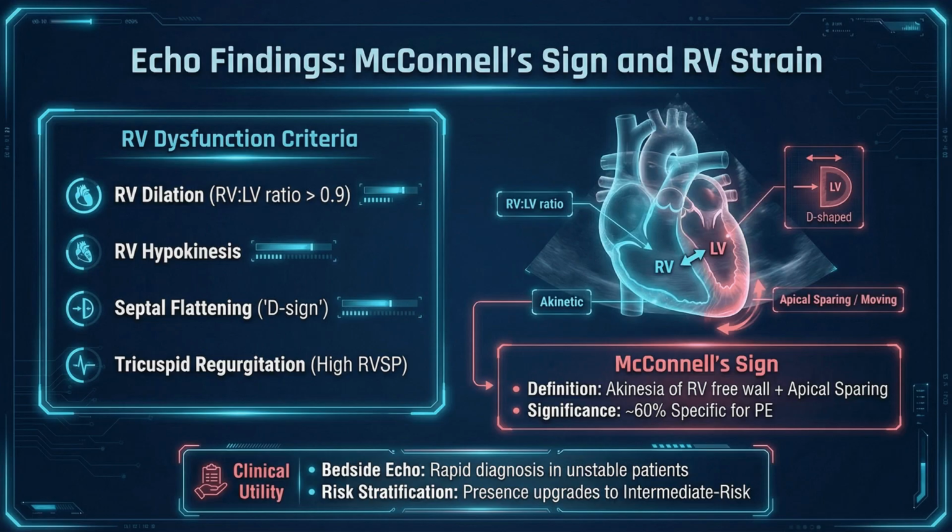right clinical context. Clinically, bedside echocardiography can be a rapid, non-invasive tool to identify these findings in unstable patients where immediate diagnosis is critical. Furthermore, identifying RV dysfunction and McConnell's sign helps us stratify risk. Patients with these findings are often considered intermediate risk and may require more aggressive monitoring and management. In summary, understanding and recognizing these echo patterns can greatly enhance our diagnostic accuracy and guide timely interventions in acute